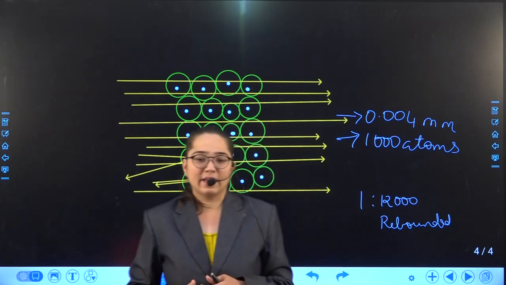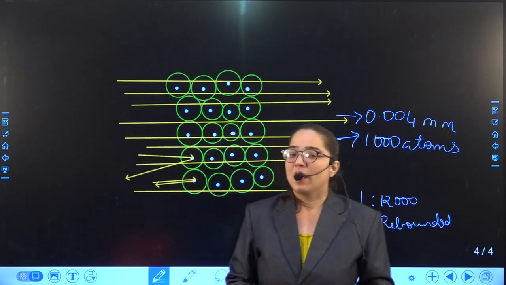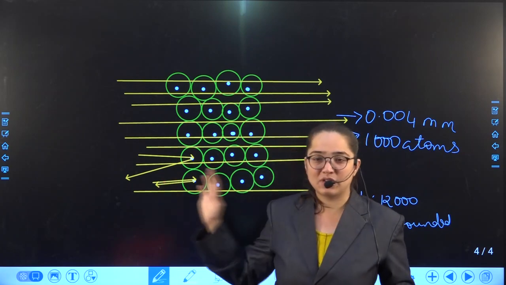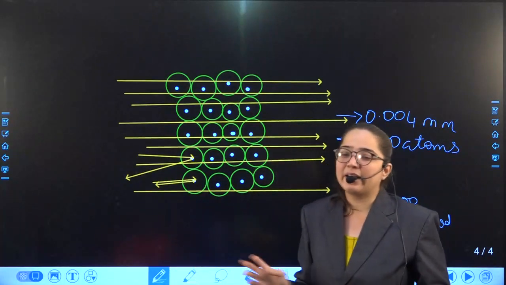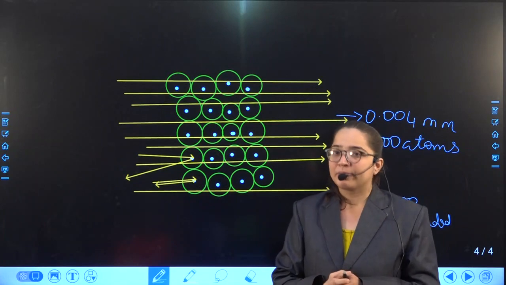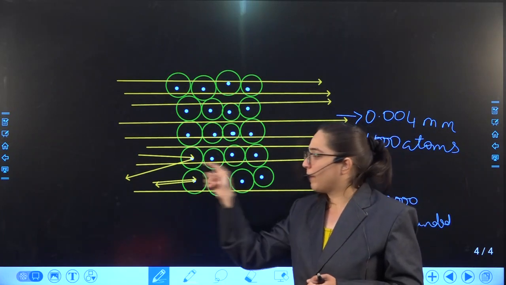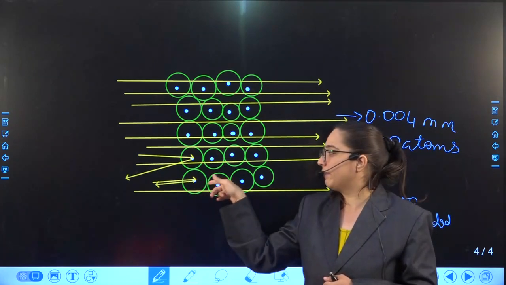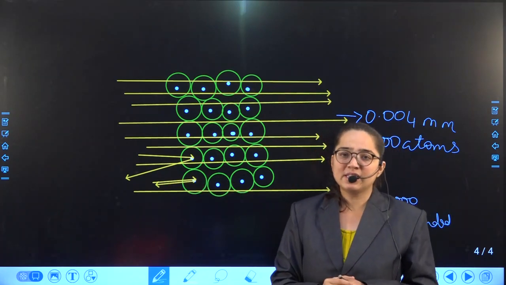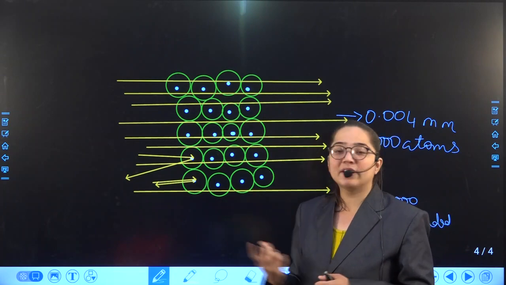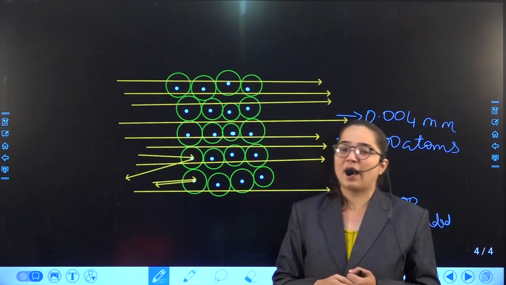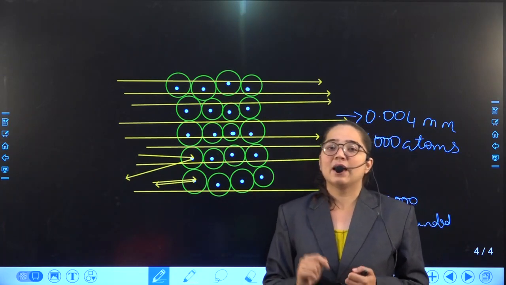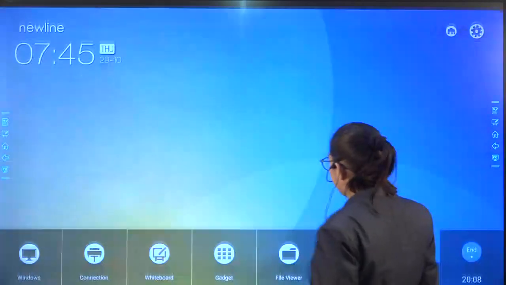So from this he gave many conclusions. First of all, most of the alpha rays went straight away. With this, he stated that an atom is hollow from inside. Next, very few particles deflected at some angles, and very rarely they deflected at 180 degrees. This stated that the atom has a charge, the same as the charge of the alpha particles, that is, that particular thing may be positive.